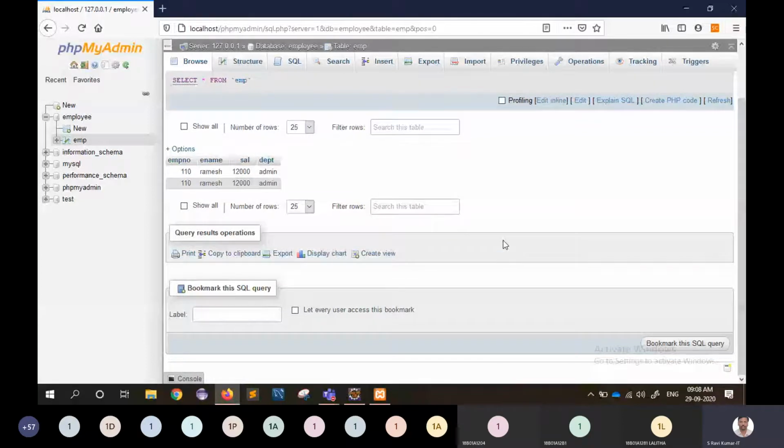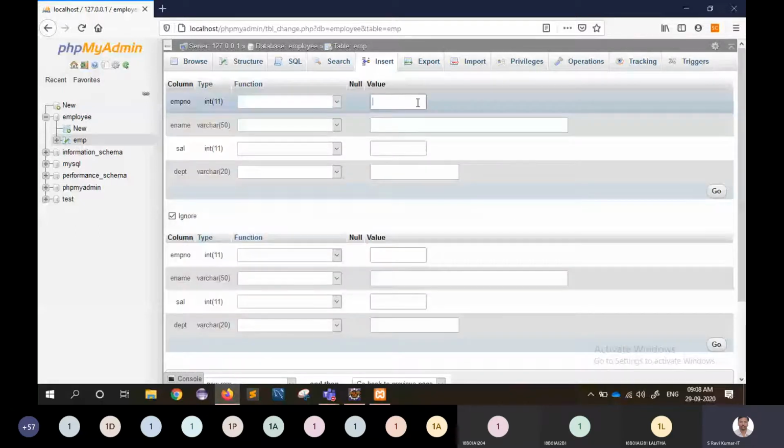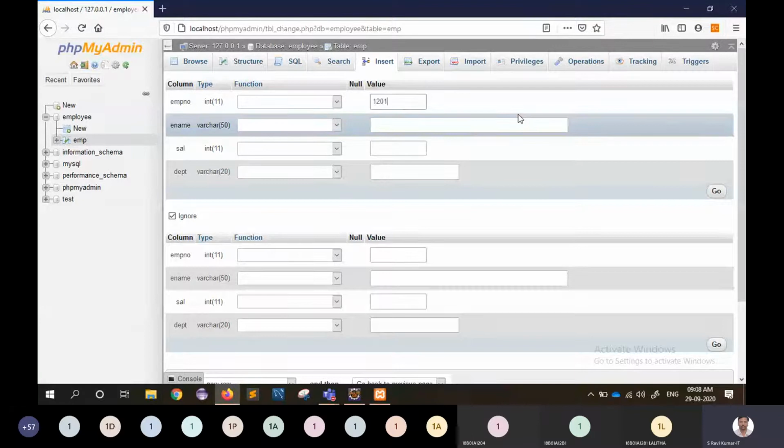I'm going to insert two more rows. Employee number, employee name, salary, and department. One row is inserted.